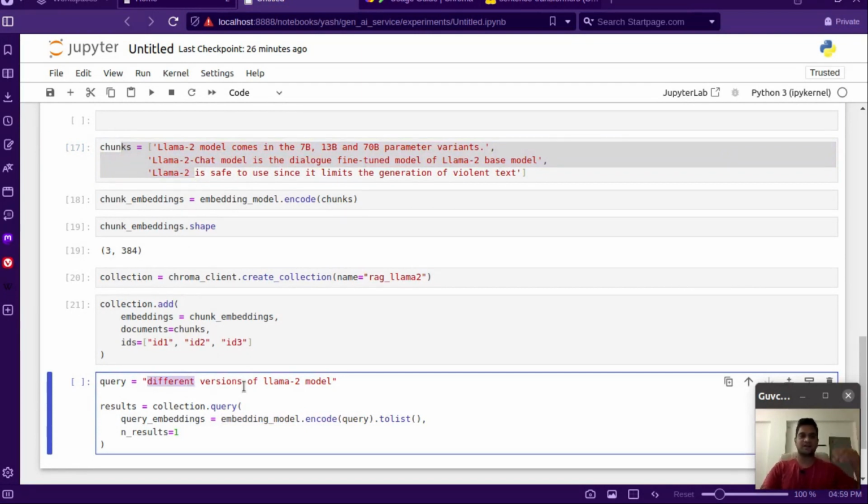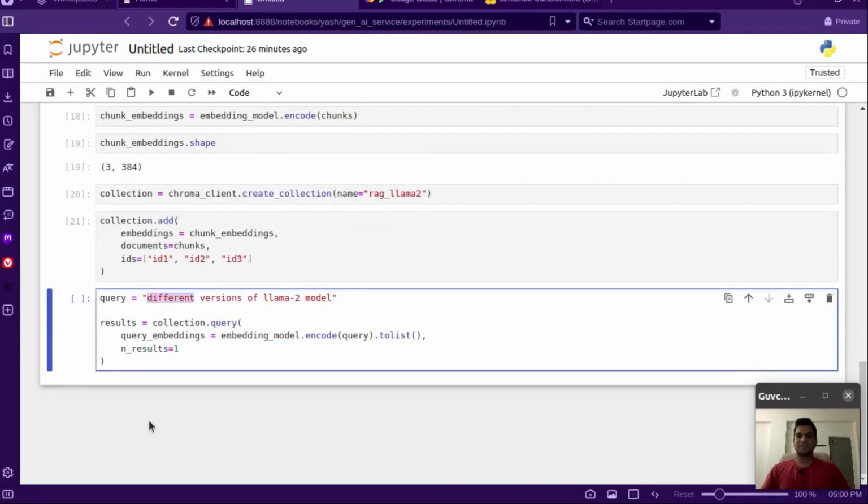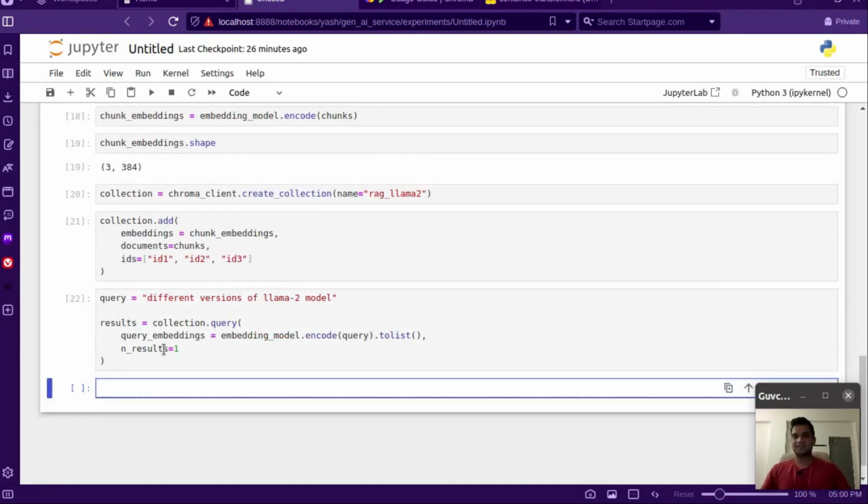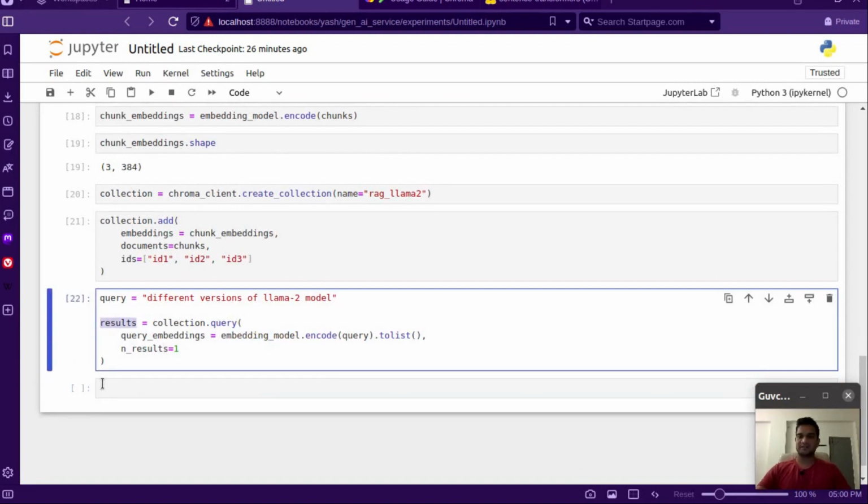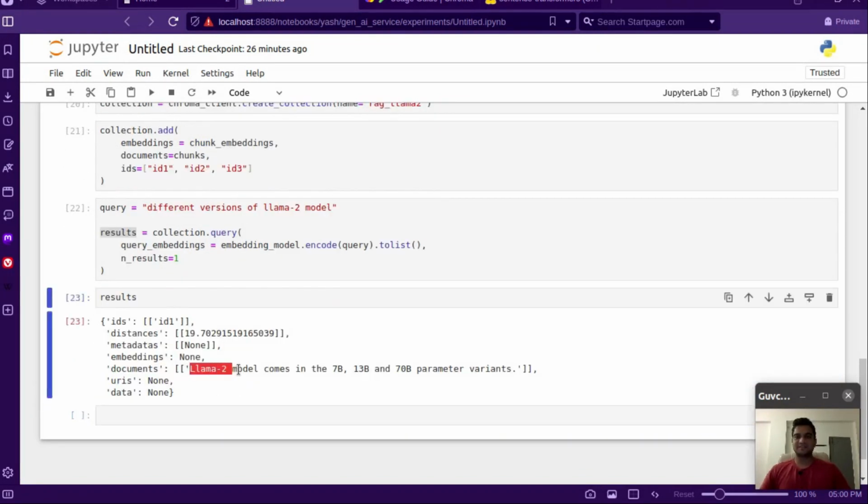The chunks were passed through the embedding model and saved in the vector database, and the query is passed through the embedding model, and those embeddings are used to query the vector database. And we are saying only return one result. So let's see what it returns. So it returned this chunk that we had, which is basically talking about the variants of the Llama 2 model, which is fairly